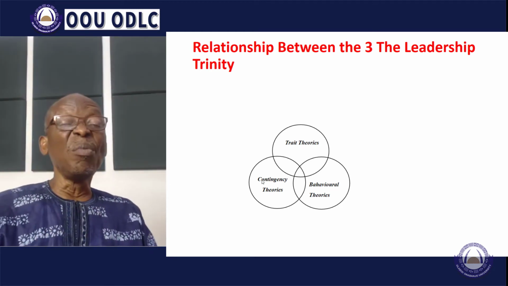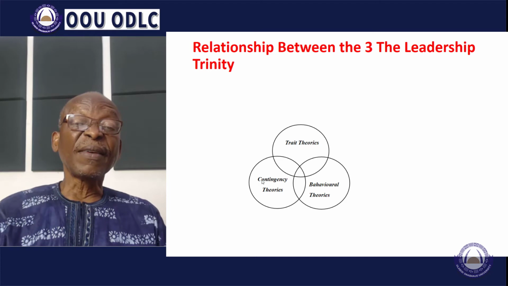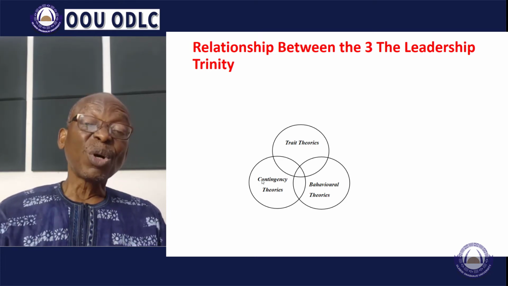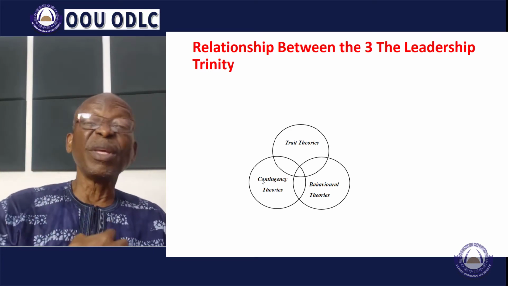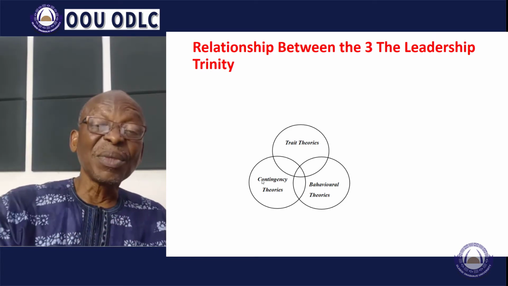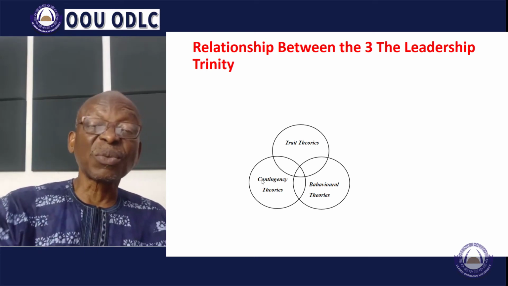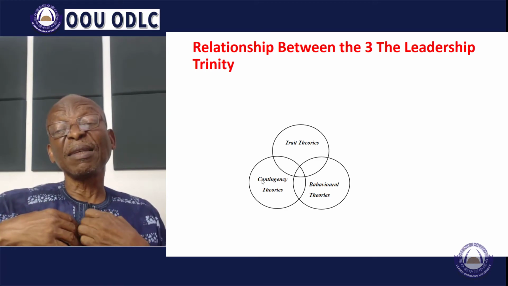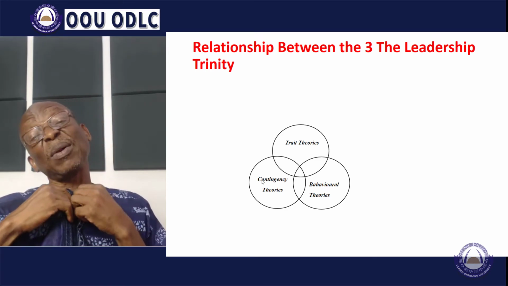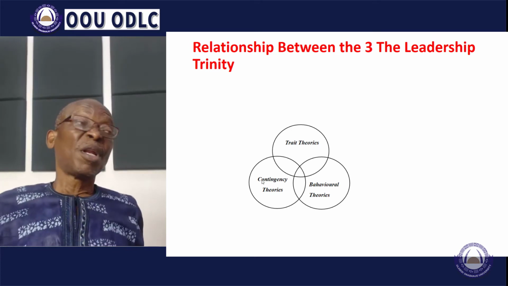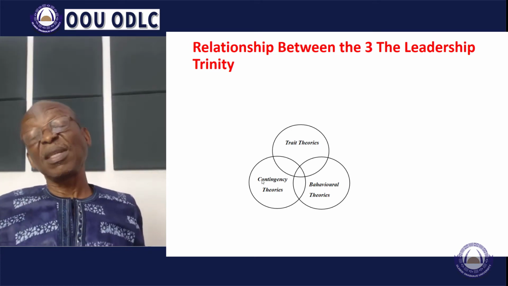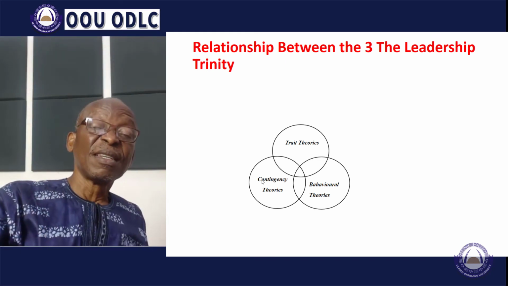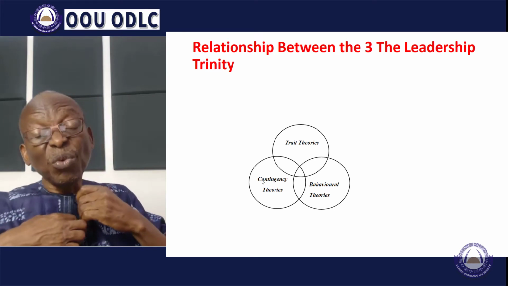If you look at the image before you, you'll find out that these three theories are related. Why? Because what you do, that's your behavior. It's a function of your character, which is the trait, and it depends on the circumstances, which is the contingency. If the weather is very hot, if I'm the carefree type, I would like to remove my shirt. But if I'm in an office environment or a class environment, it will not work. So because I'm a carefree type, which is my trait, I would like to remove my clothes because I'm